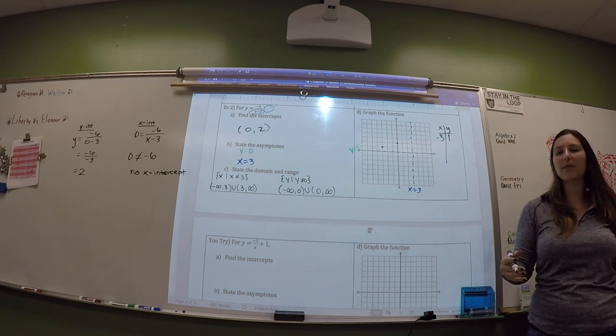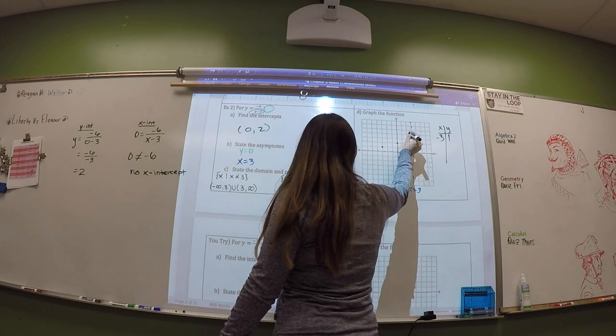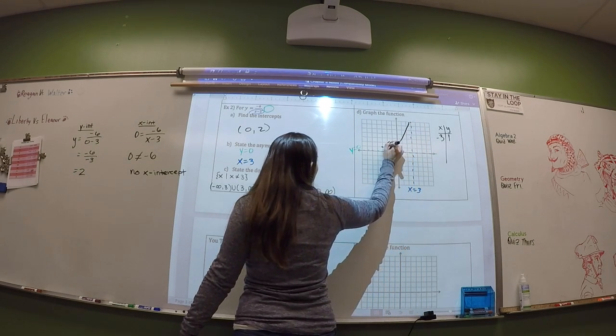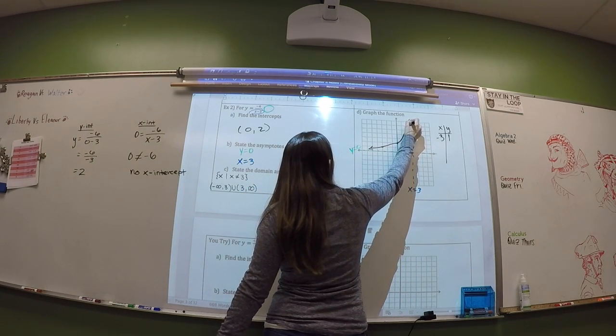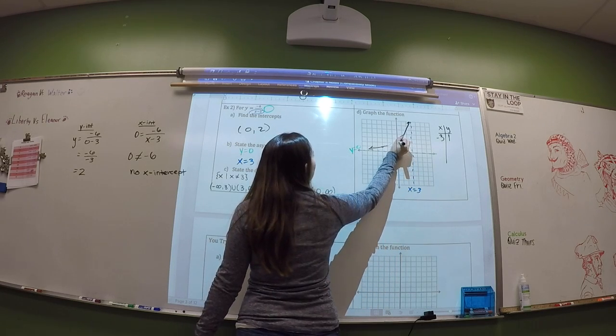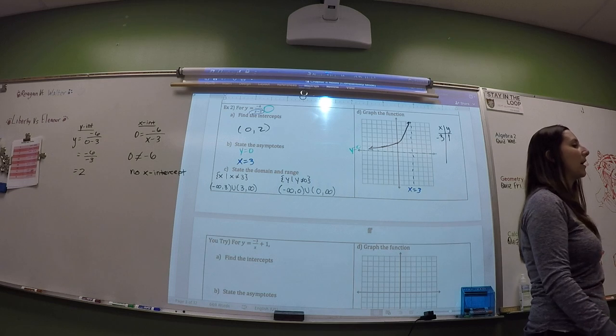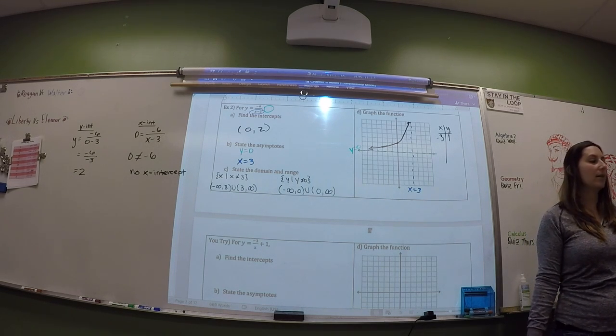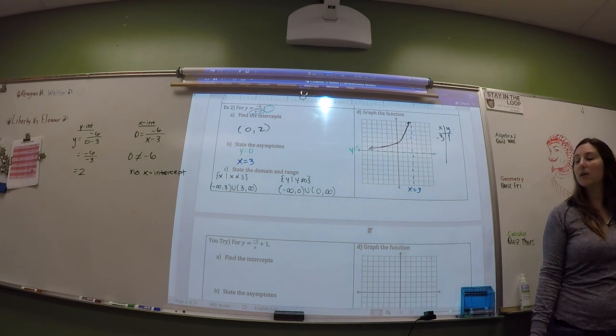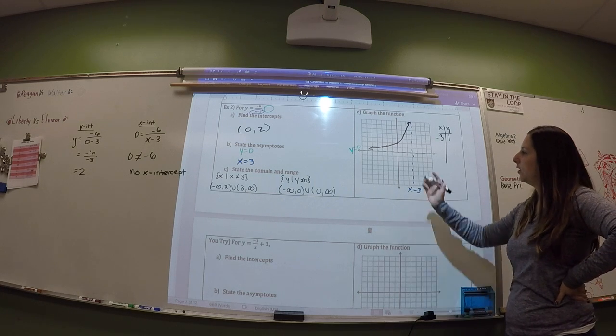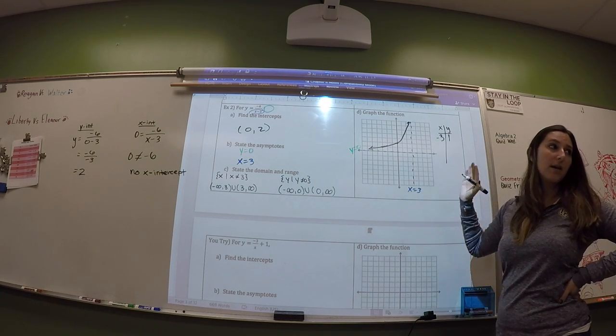So I'm just trying to pick stuff that goes into 6. We'll pick stuff that lets our denominator go into 6. But you can pick whatever, it's just that you'll have to graph fractions if you just pick willy-nilly anything. Which is fine. And then we want to pick some other points that are to the right of this vertical